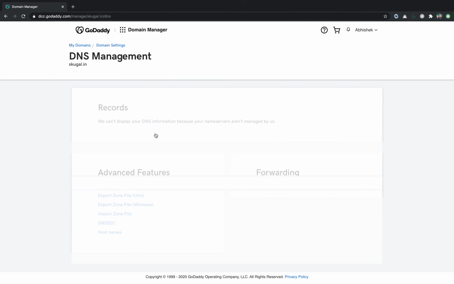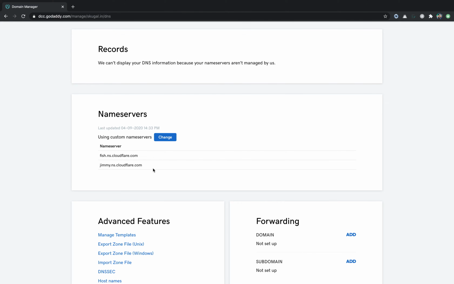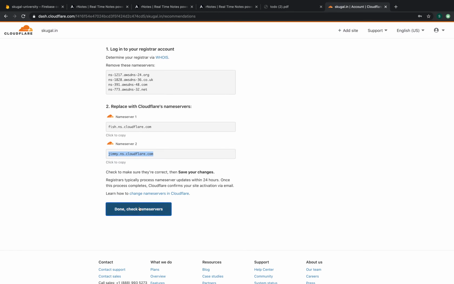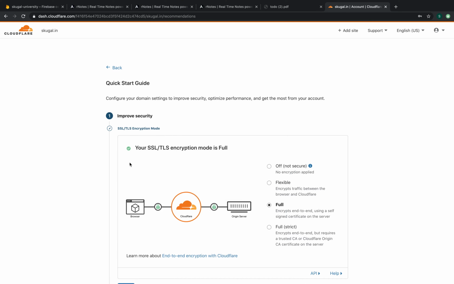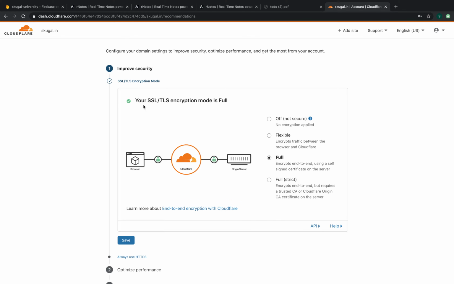So I connected Cloudflare with this record, and I'll go to Cloudflare and click done, and then get started. It will say that your SSL and TLS encryption mode is full. I'll say full. So what happens in the strict mode is that Cloudflare applies an extra security layer, that the